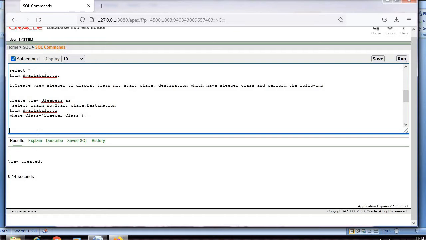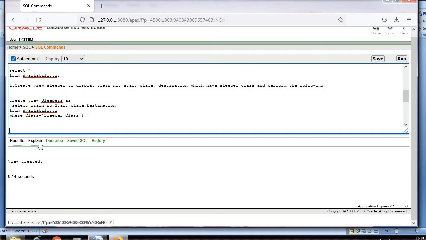After finding sleeper class, in that sleeper class, there train number, start place and destination will be created as a new result set or a new table, which is treated as a view, because I have created it as a view, and the name of the view will be sleeper. So down you can see in the result view created.